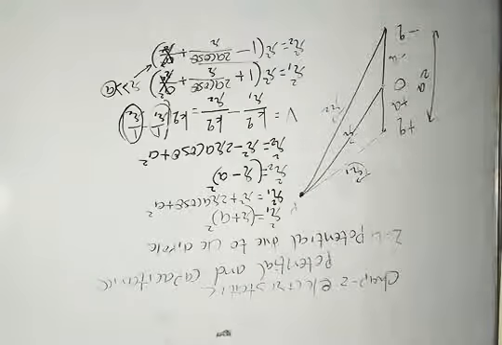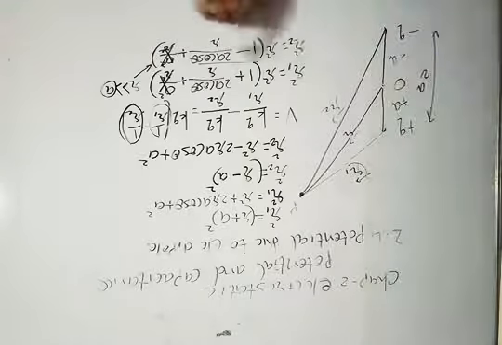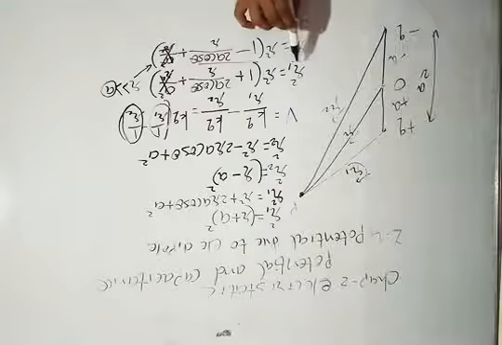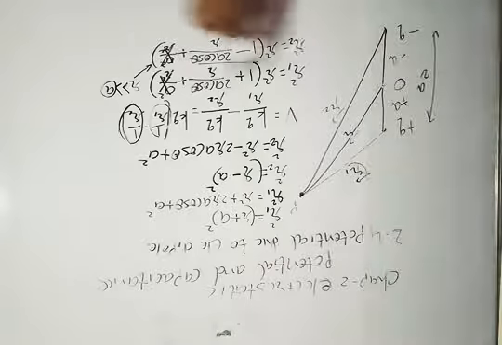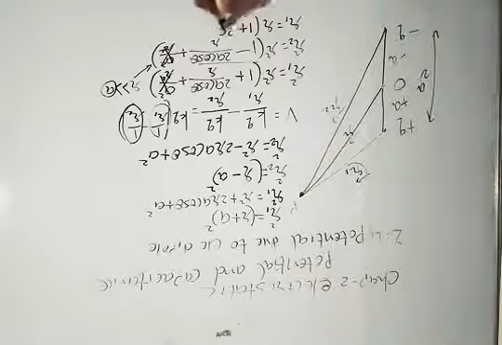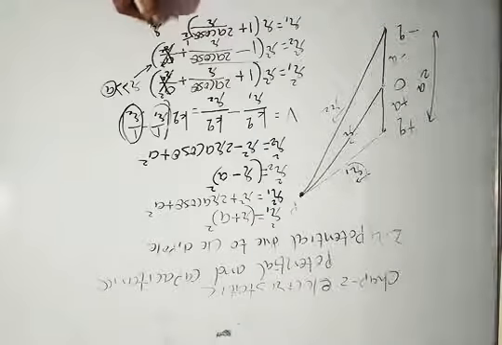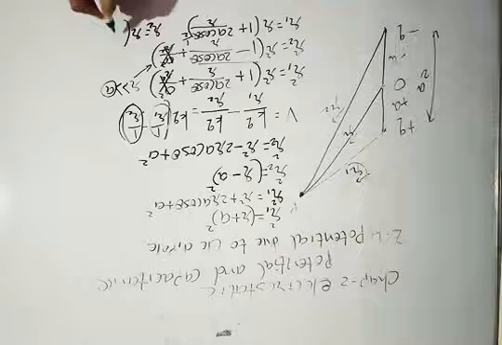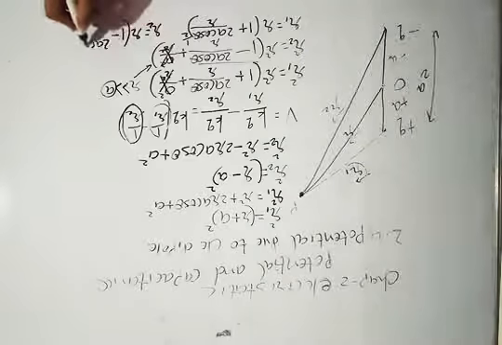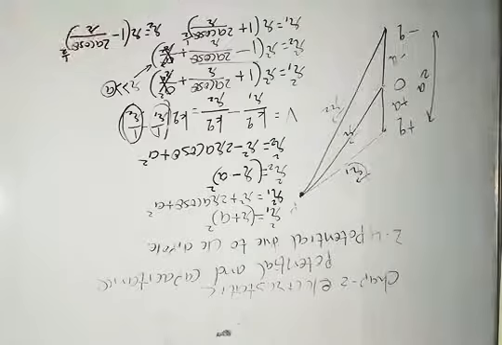Clear? Now we have r1 square, but we have to find 1 upon r1. So first of all we find r1, taking the square root on both sides. By taking square roots, r1 is equal to r times 1 plus 2a cos theta upon r, raised to 1 by 2. Similarly, r2 is equal to r times 1 minus 2a cos theta upon r, with power 1 by 2. Clear?